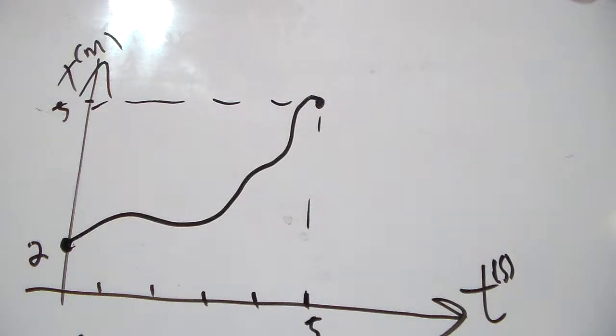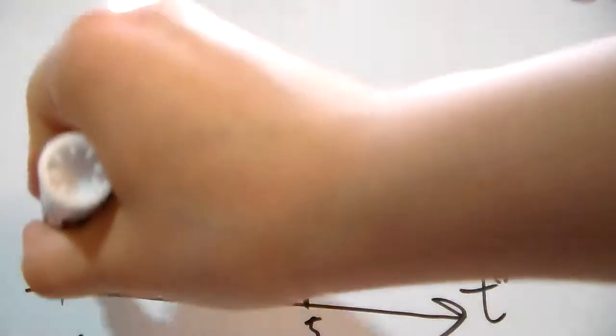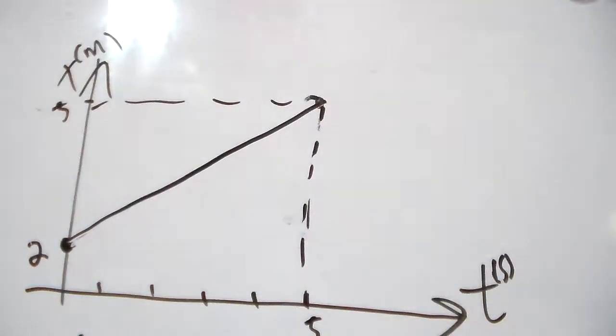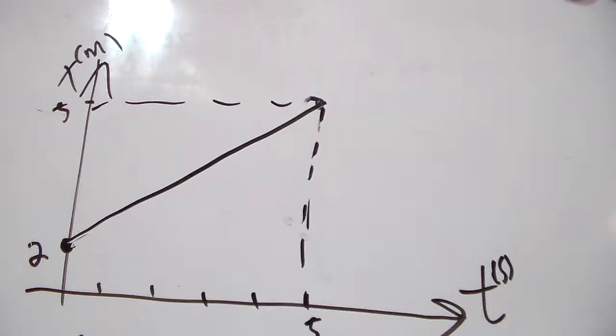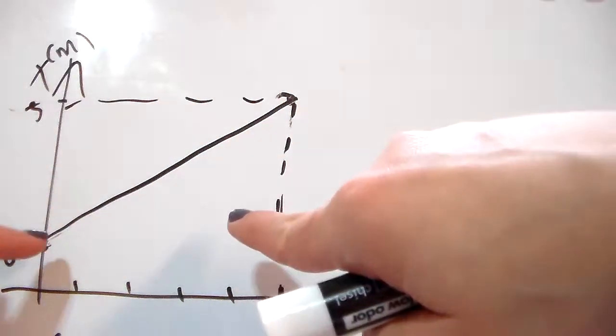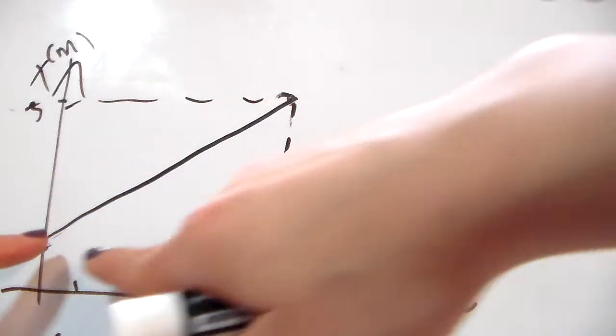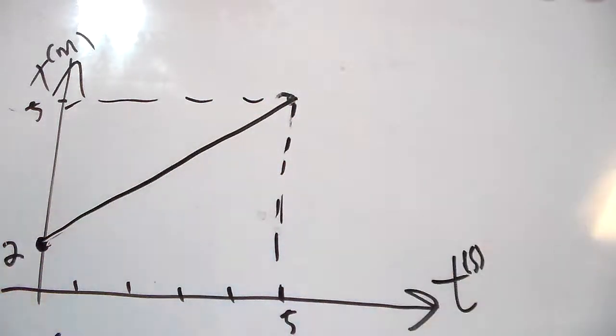So let's suppose the graph looks something like this. From the graph, you'll see that the object was basically moving from the 2 meters location to the 5 meters location uniformly in these 5 seconds. Just by explaining the graph, that will show you there is a velocity of the object that was uniform. So the object was going with a uniform and constant velocity, because as you see, any portion of the graph